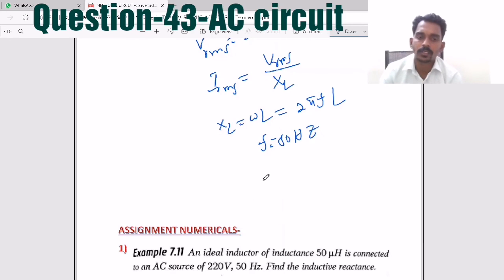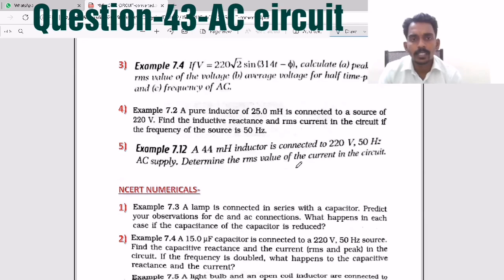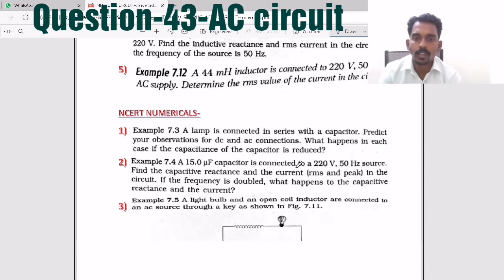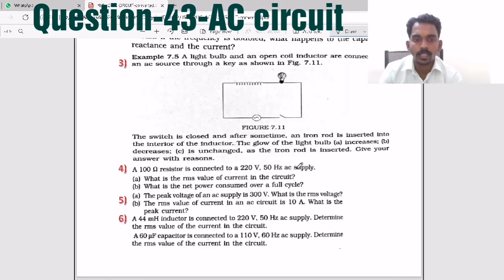So this is how they will ask questions based on the simple AC circuits called pure resistive, pure capacitive and pure inductive. Also, the meaning of AC circuit and their amplitudes and RMS value and average value. Based on the same thing, I have given example questions also. Please try to solve. Also, I have given questions from the NCERT book also. See, 6 questions are there. You can understand how important it is.